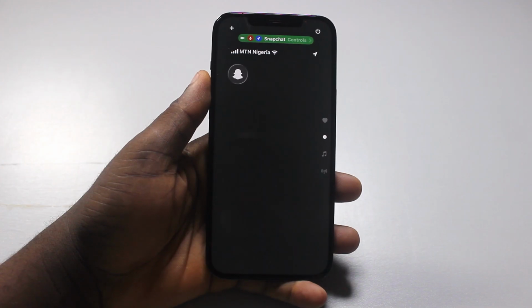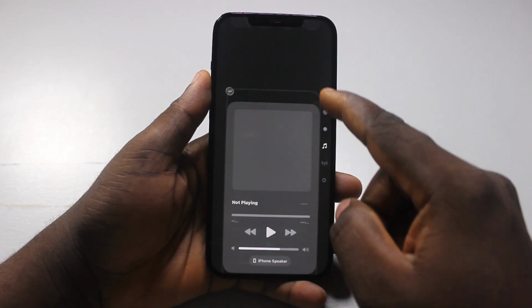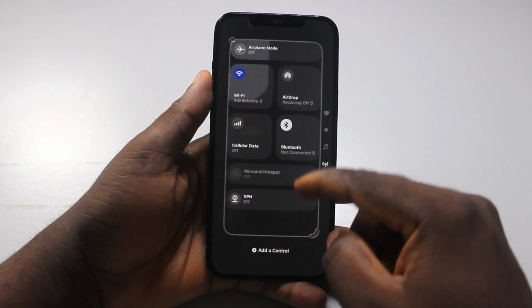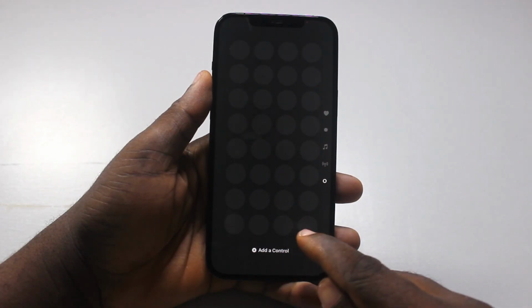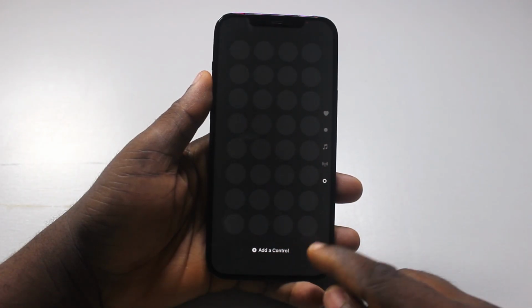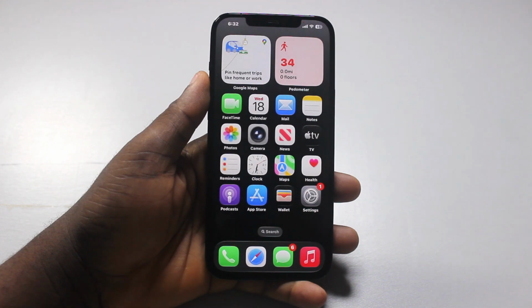Control Center. You can also add multiple pages to the Control Center. So by swiping down, you can add more pages. And then just go ahead and click on Add a Control to add a control. And that's it. So that's exactly how to edit Control Center on